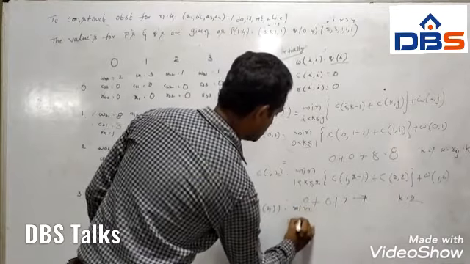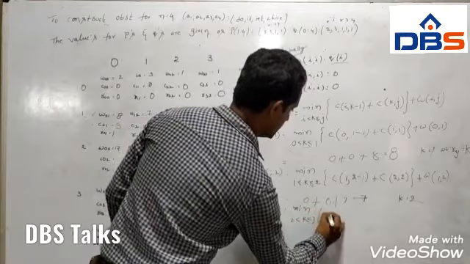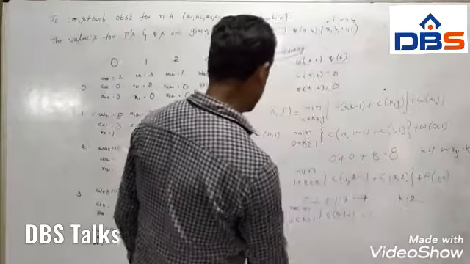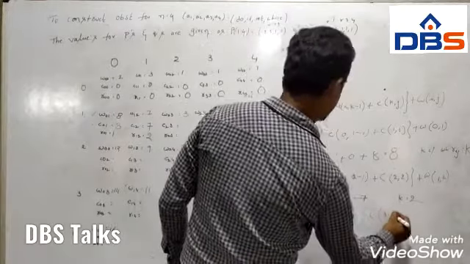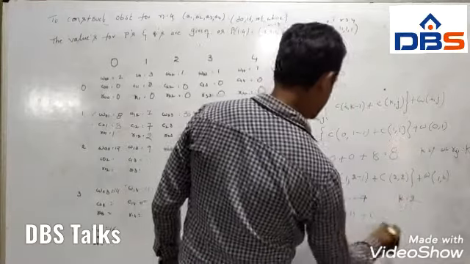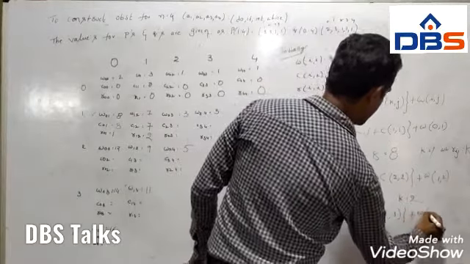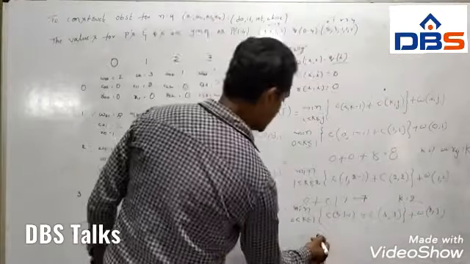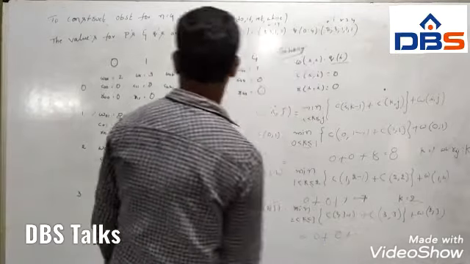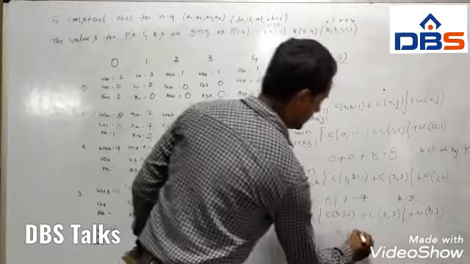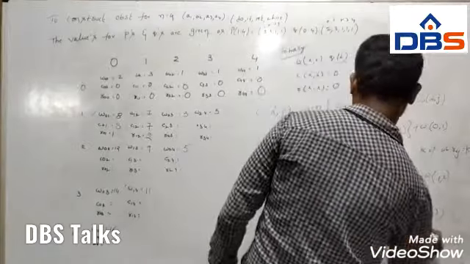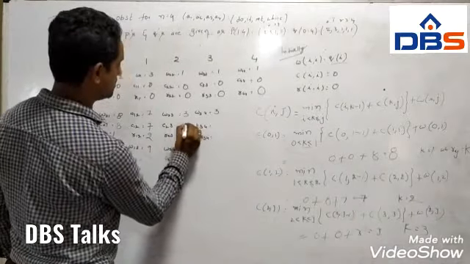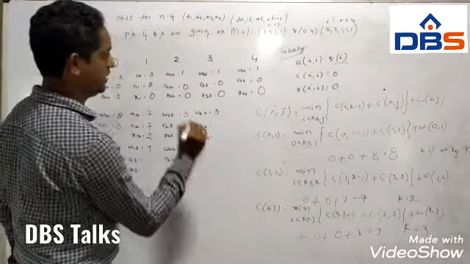So min over 2 less than k less than or equal to 3 of C of 2 comma 3 minus 1 plus C of k comma 3 plus W of 2 comma 3. That equals C of 2 comma 2, which is 0, plus C of 3 comma 3, which is 0, plus W of 2 3, which is 3. That equals 3 when k equals 3. So C23 equals 3, k equal to 3.